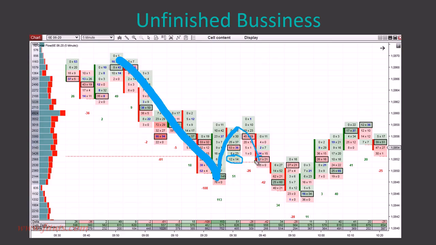test this area again. So if you are in a short trade, you may want to quit your trade in here or to remain longer in a short because of the unfinished business. Alright? Again, it worked as a magnet. In this case, it only took 10 minutes before the price tested this area again and created a successful auction out of this unfinished business.